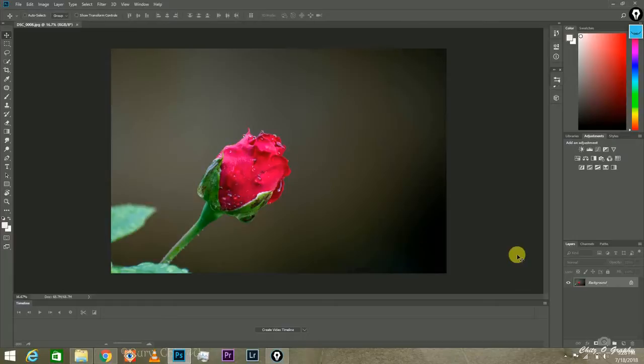This is our raw image, and now just copy this layer by pressing Ctrl and J. Now select the first layer and select the quick selection tool, and now select the subject area. After selecting the area, we'll press delete and enter. This will delete the image or subject.